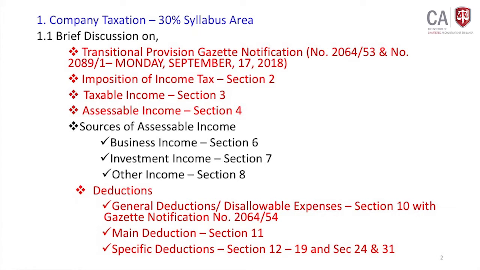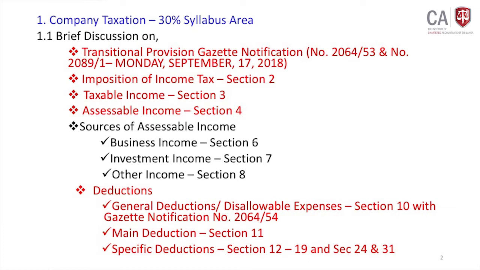Then the third one is specific deductions. Why is it specific deductions? Because specifically it has given these items you should deduct, or if not, you need to disallow based on the provisions of the Inland Revenue Act. For an example, interest, finance cost, it's governed by section 12 as well as section 18 both. Then we should do strictly as per that provision. That's the meaning of the specific deductions.